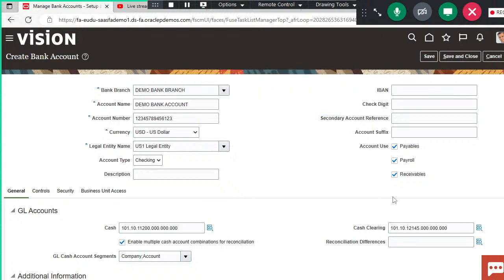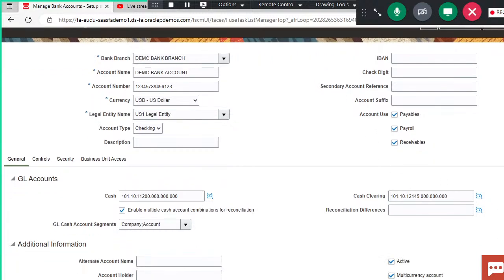Okay, so it is not taking because the account of Bank of America, which I have shown to you, which I'm going to use in my further example while creating the payment. So there I have already specified the cash and cash clearing. For one bank, you can use one cash account and cash clearing. So these accounts have been already used. This code combination has been already used by me for creating Bank of America. That's why it is not